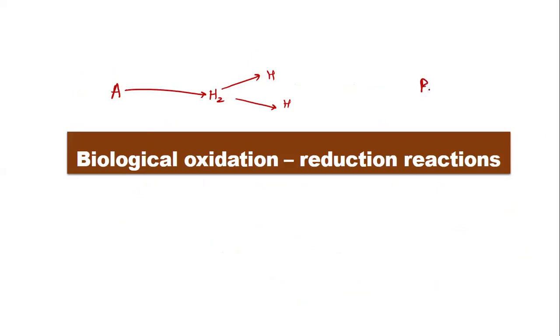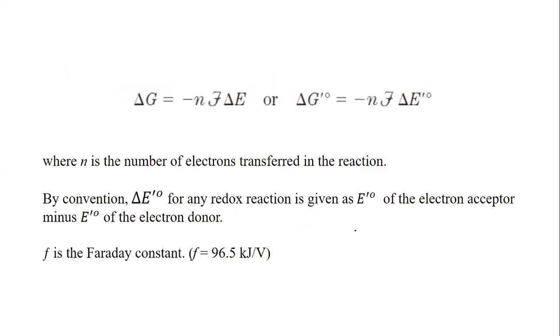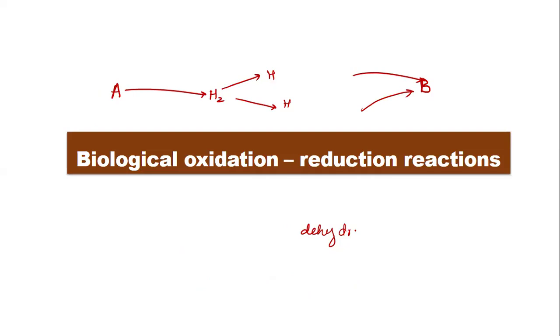Similarly, if there is another species which is willing to accept this electron, it will accept the molecular hydrogen. So dehydrogenation is any process where the species being oxidized will release two hydrogen atoms, and the species being reduced is willing to accept these two hydrogens. For example, if there is a species A, this A will release two hydrogen atoms or one complete molecule of hydrogen, molecular hydrogen,